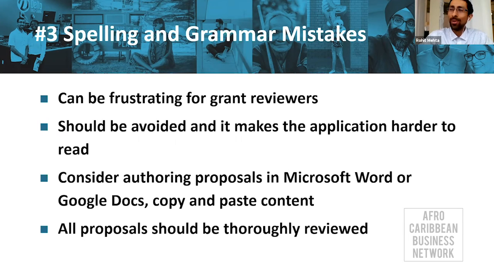There's times where I was reviewing the grant and I didn't really understand what it said. Sometimes people have used a lot of jargon, like very specific wording that's not common, and so that can make it confusing. Sometimes the sentences have missed key things, and so as you read it, you're not really clear on what it says. But even if it's basic spelling and grammar, it actually sends a bad message to the grant reviewer. If the grant reviewer is frustrated or they're not understanding what you're trying to submit, they're probably not going to fund it. So make sure your applications are easy to read. Make sure you author your proposals in something like Word or Google Docs.